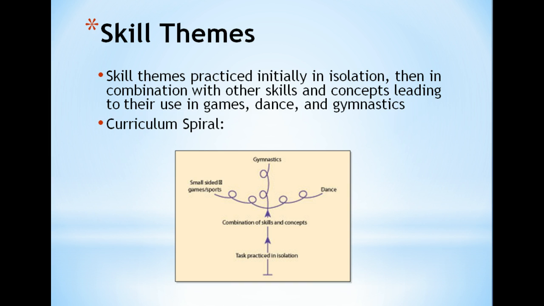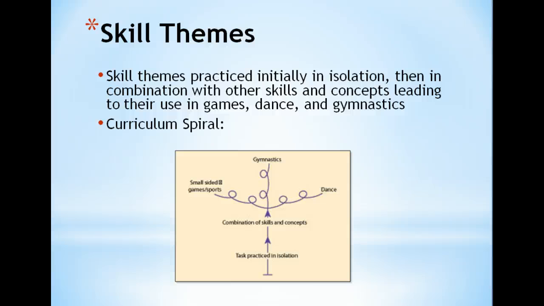This spiral that's on this particular slide shows how skill themes are practiced initially in isolation, then in combination with other skills and concepts, and leads to their use in games, dance, and gymnastics. What we want to emphasize here is that at the very top part of this spiral is the more proficient level. At the bottom of this spiral is the more pre-control level. You will see this spiral often in your textbook